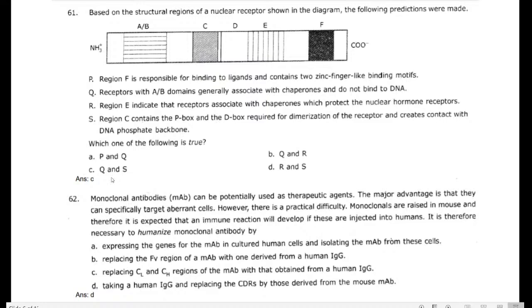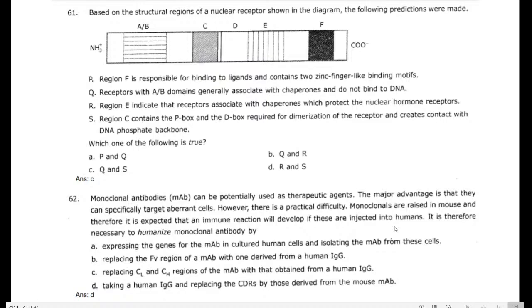Next part is monoclonal antibodies can be potentially used as a therapeutic target. This is a statement. A major advantage is they can especially target an abundant cell. However, there is a practical difficulty. Monoclonals are raised in a mouse and therefore it is expected that an immune reaction will develop if there is an